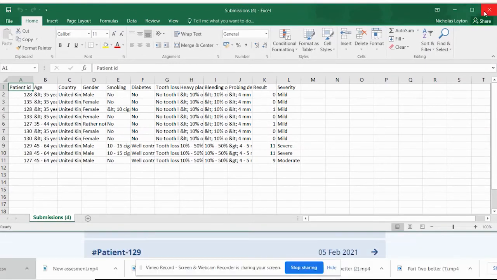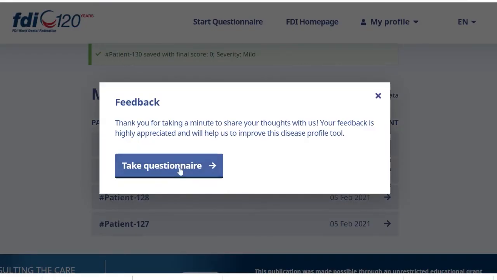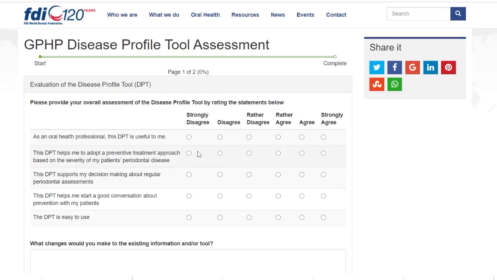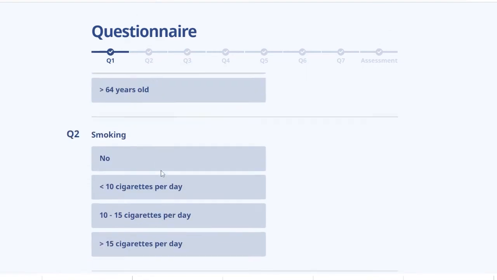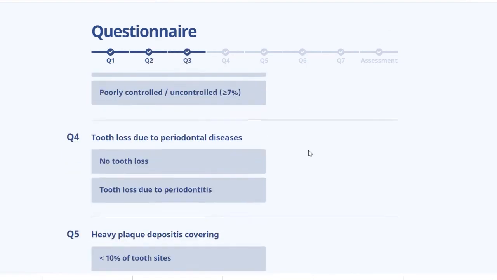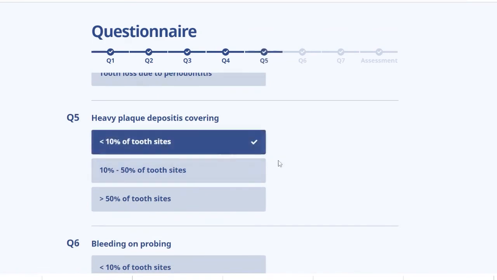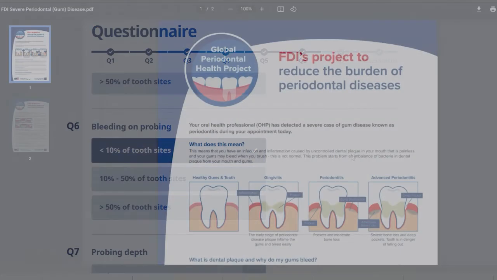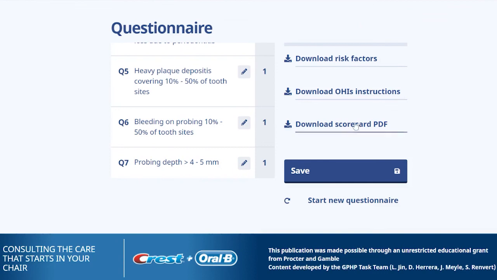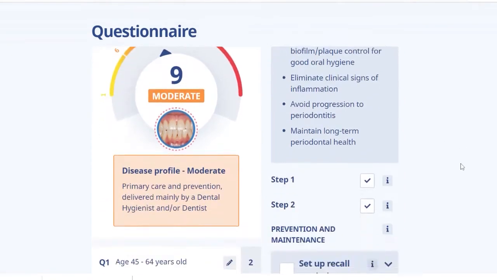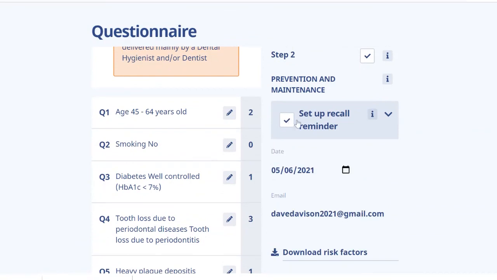Once a clinician has completed 5 assessments, a feedback questionnaire will pop up, which will ask a series of 5 questions. The answers are used to help with future development of the disease profile tool. To summarise, the FDI Disease Profile tool enables a quick and easy way to understand your patient's periodontal condition, risk for future periodontal disease, and provides an assistant to treatment planning. The tool also contains helpful downloads to inform your patients about their periodontal condition and how to manage it at home between professional visits. When used long-term, the FDI Disease Profile tool can help monitor your patient's disease over time and provide incentives in reduced disease profile score for the patients.